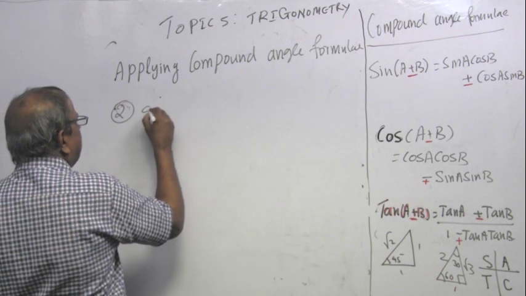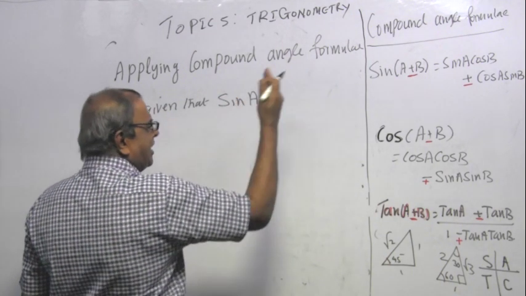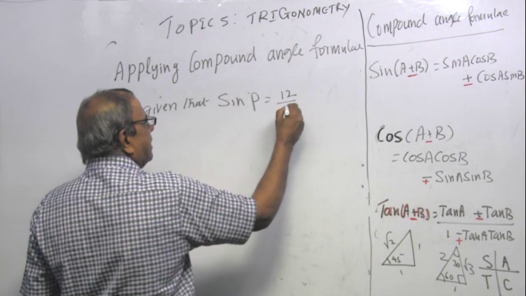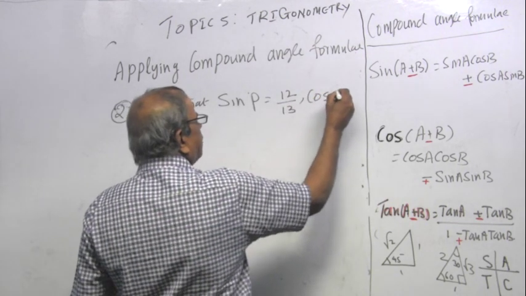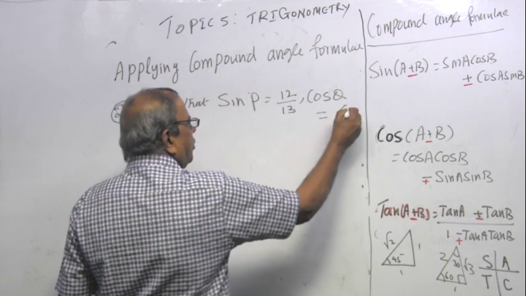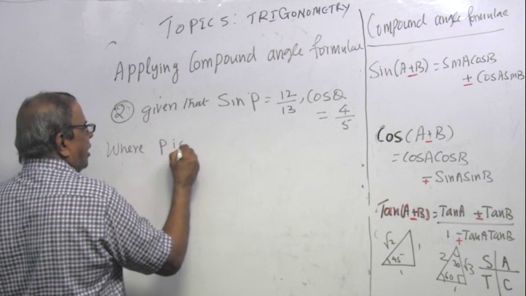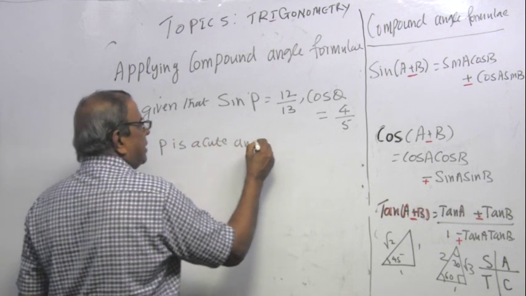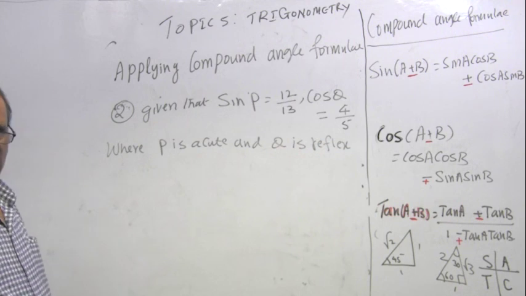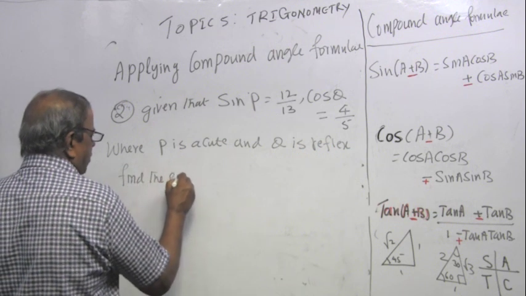So example 2 is: given that sin P equals 12 over 13, and then cos Q equals 4 over 5, where P is acute and Q is reflex. Find the exact values of